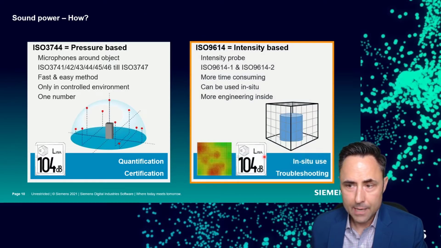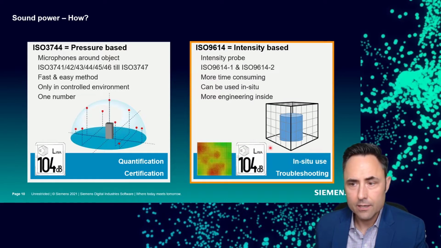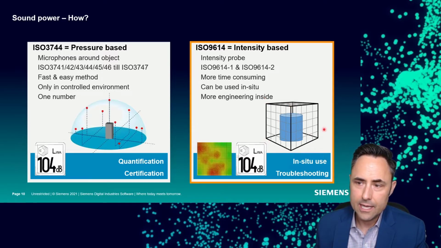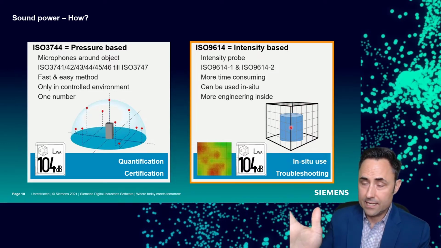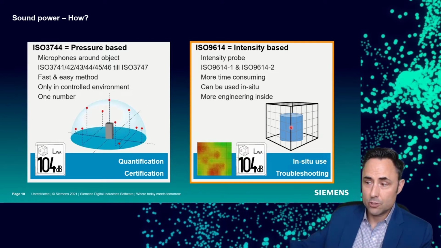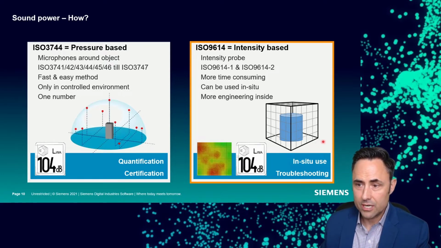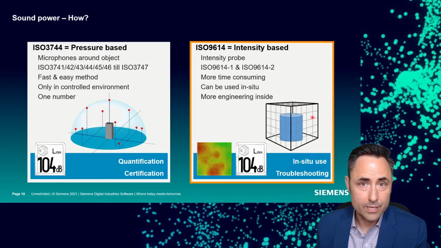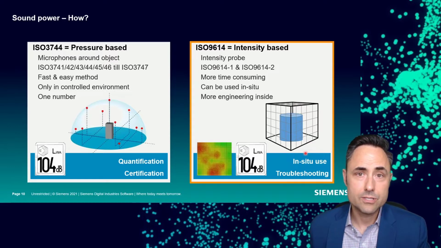So how do we get to sound power? Well, we're measuring the intensity. We know that it's watts per meter squared. So we end up having to surround our object under test in a wire mesh. This is our test surface. This is how we're going to ensure that we test at a certain distance away from our sound source, and then we test over a certain area. This mesh creates our area. So we take the sound intensity, or watts per meter squared, that we measure, multiply by this surface area, and that's how we get to our sound power.